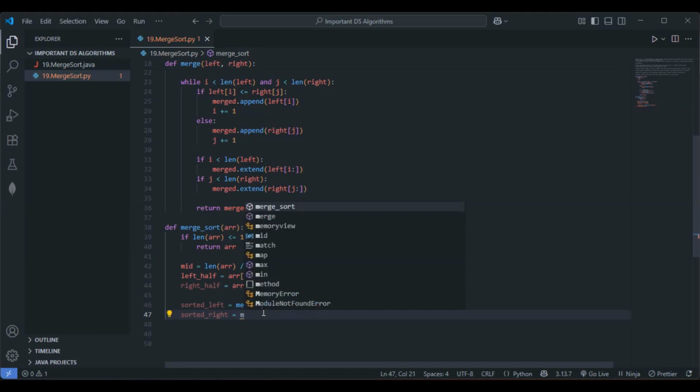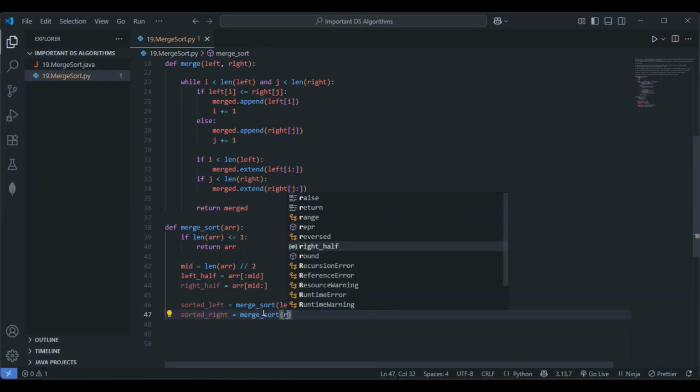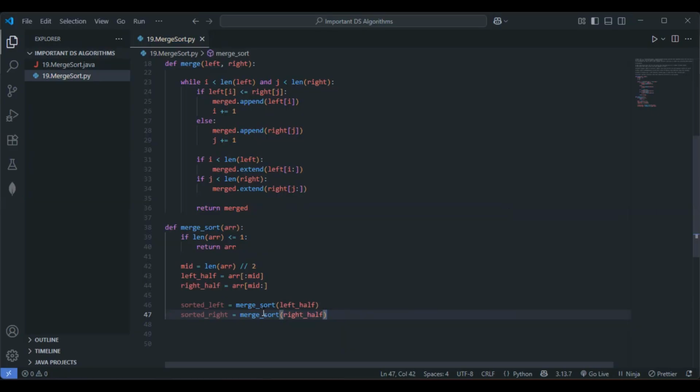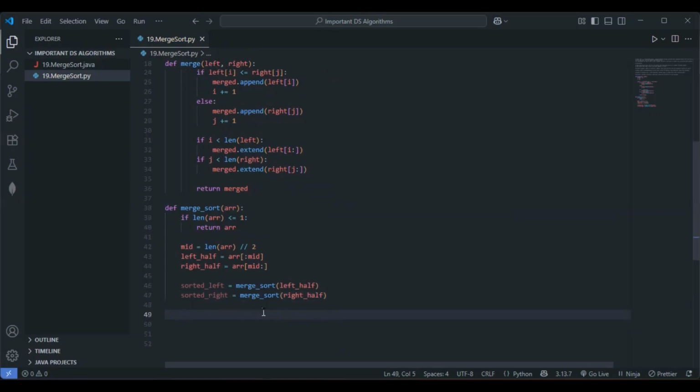So this one will be again a merge sort. We are just recursively sorting each half, right? So we have to sort the right half now. Let me pass the right half here. So this one, right half. This is fine. Now after doing this, we have to merge the two sorted halves and we just have to